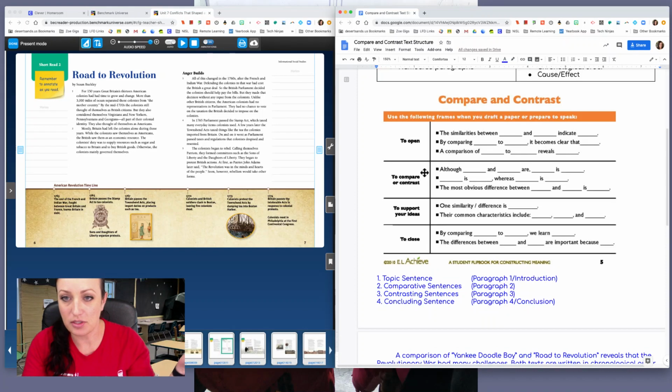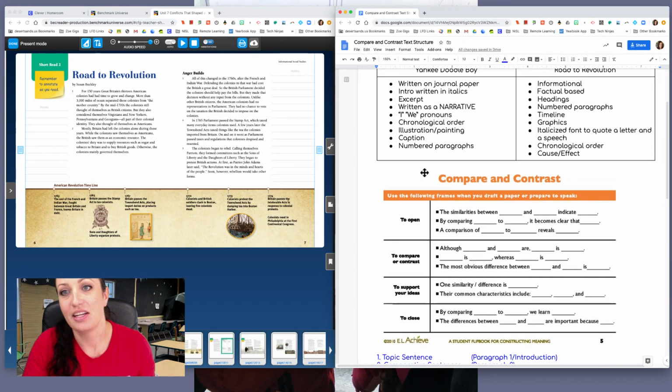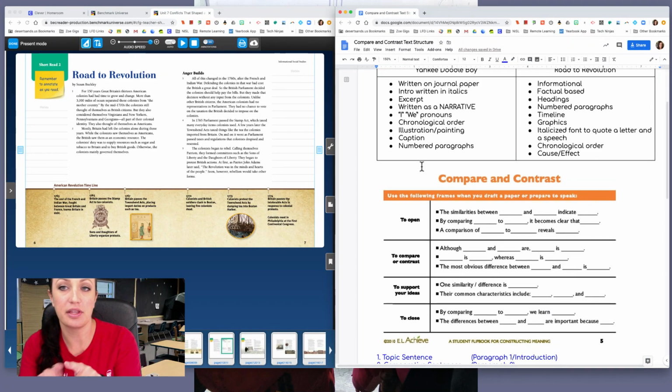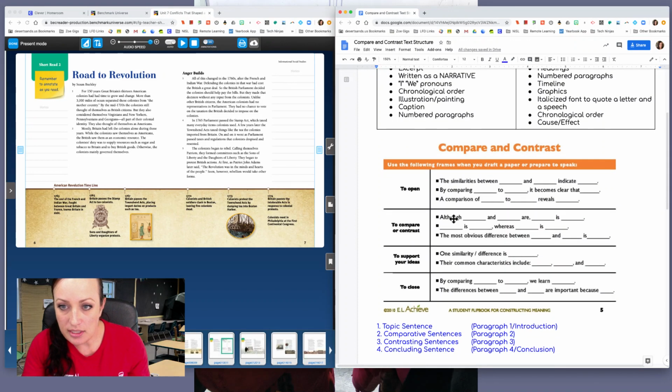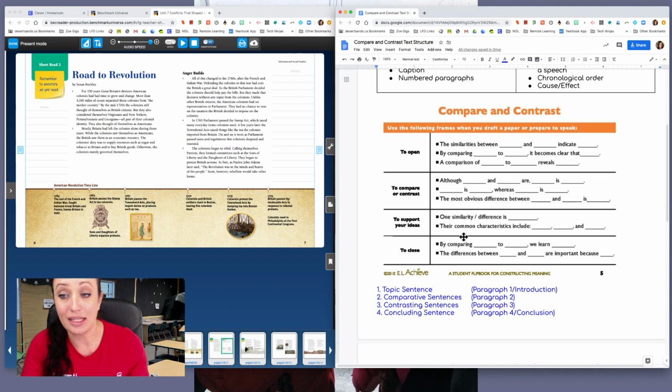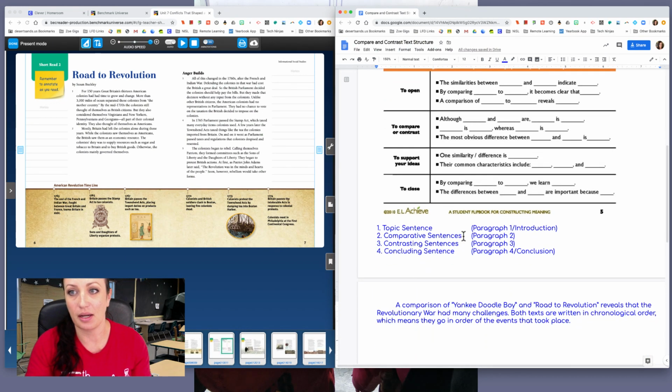That's what I kept thinking about was contrasting. How are they different? Now, the one I wanted to work on was how are they different? One is written informational, one was more of a narrative, right? That's what I'm going to do. Now, I think one of these sentences would work best. The most obvious difference between blank and blank is blank. I'm going to use that one. You can also use any of the other ones that are there or one that you might have that you would like to use. The most obvious